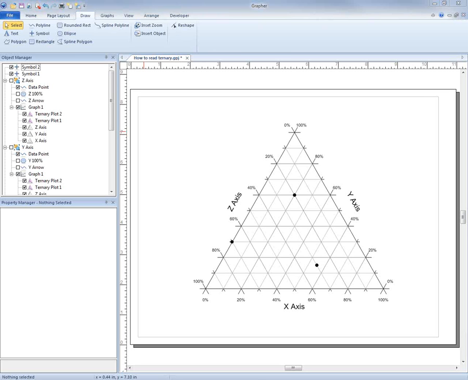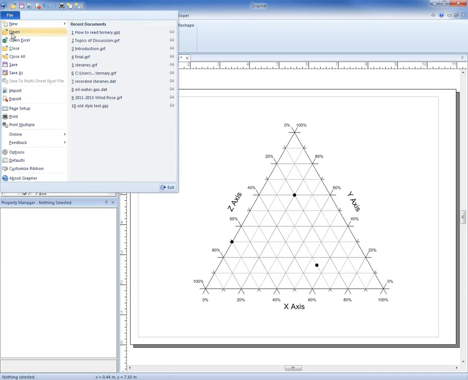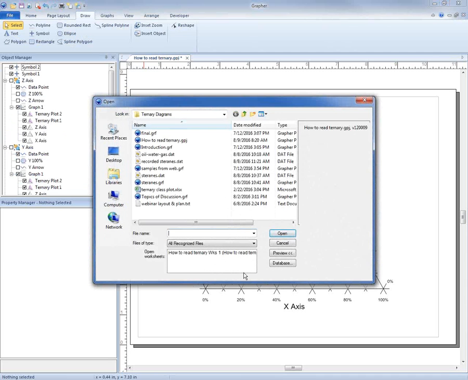Nope? Okay, so let's go ahead and move on to talking about the data file layout. So now that we know what the ternary diagram is, and you know how to read the data values off of it, let's go ahead and look at a couple data sets that you might use to create a ternary diagram. So to open a data file, you just click File, Open, and I'm going to open this oil, water,